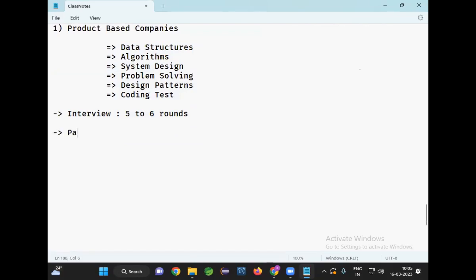Package. In the prod-based company, high packages will be available. Years of experience multiplied by 6 to 7 lakhs they will offer. If you have 3 years experience, 3 into 7, 21 lakhs also they can give you, and more than that also. Some companies are giving more than that also, right? So if you have 2 years of experience, 2 multiplied by 7, 14 to 15 lakhs package you can get